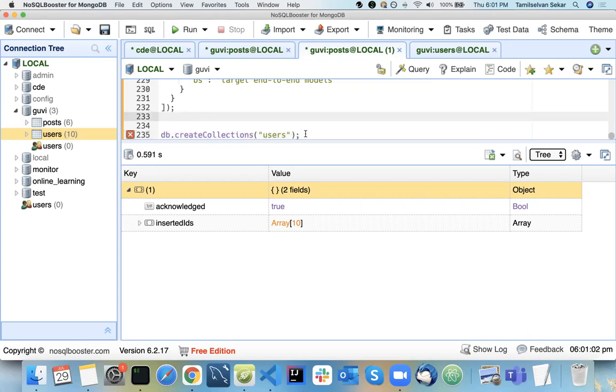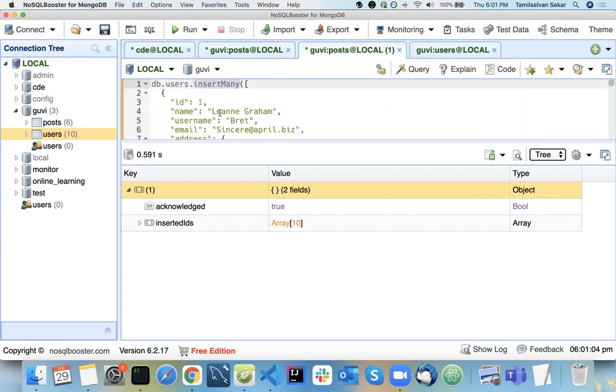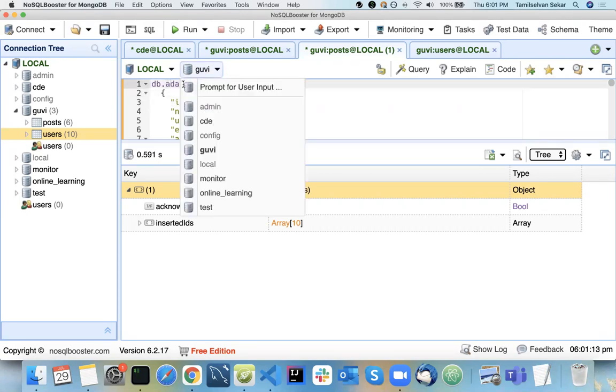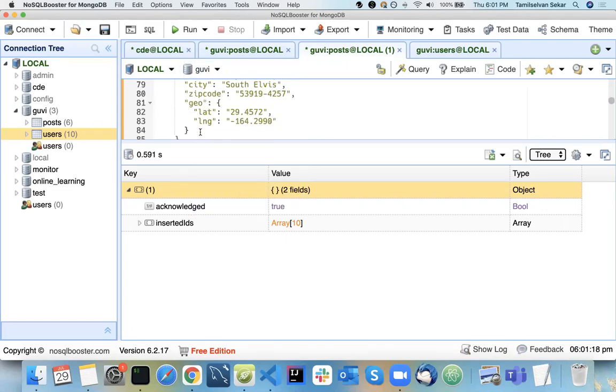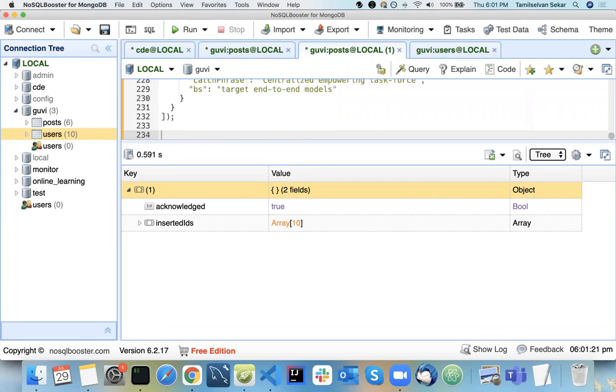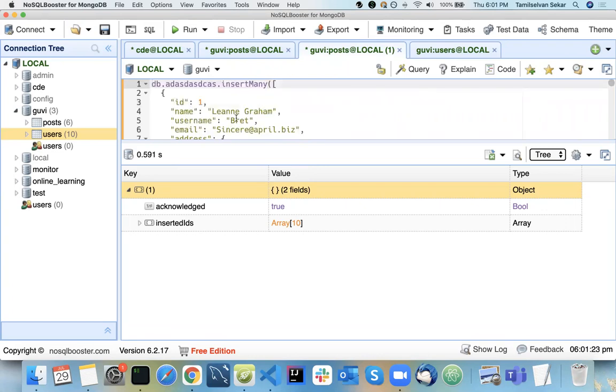I just inserted my data. So you need not create a collection. If you insert data and mention any name, it will create a collection with that name and insert the data. You need not do db.createCollection first.